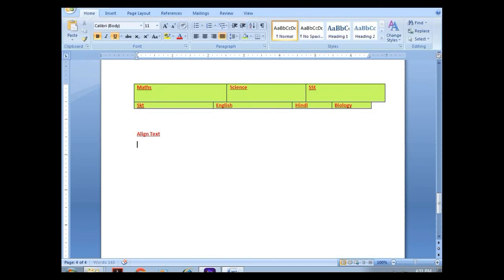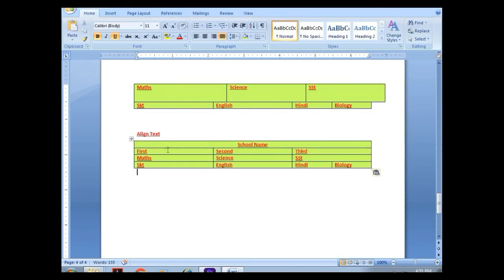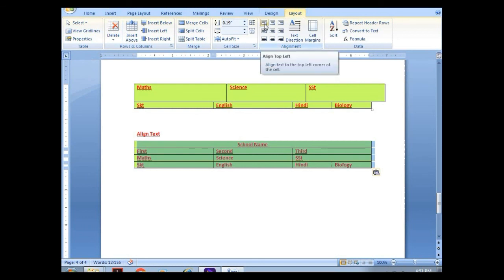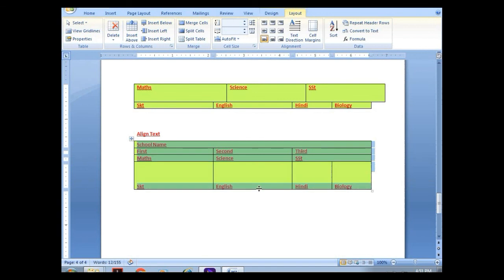One is align top left, align top middle, align top right, align center middle, center top, bottom left, bottom right, and bottom middle.